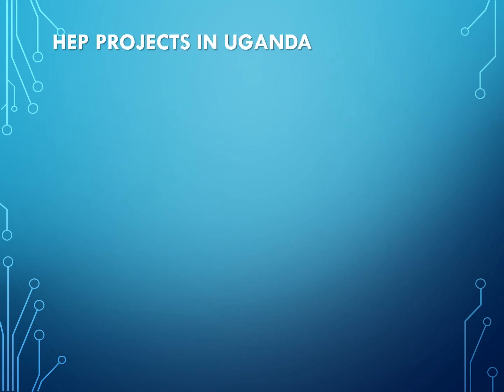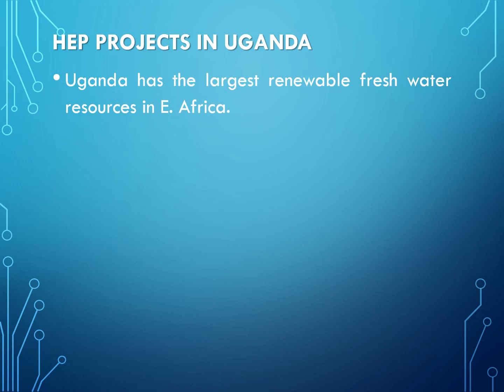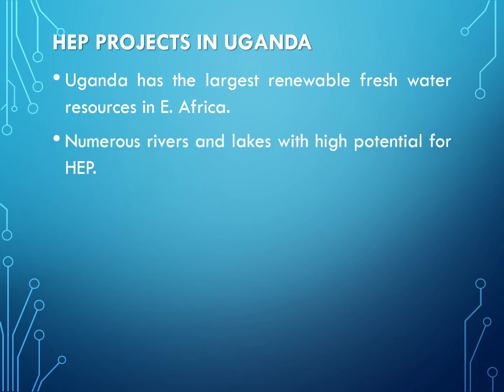We look at hydroelectric power projects in Uganda. Uganda has the largest renewable freshwater resources in Africa. Uganda is fairly wet, it receives higher rainfall as compared to Kenya and also Tanzania. So it has a higher potential for HEP than the other East African countries. There are numerous rivers and lakes which have a high potential for hydroelectric power. That's why I said for the better part of the early